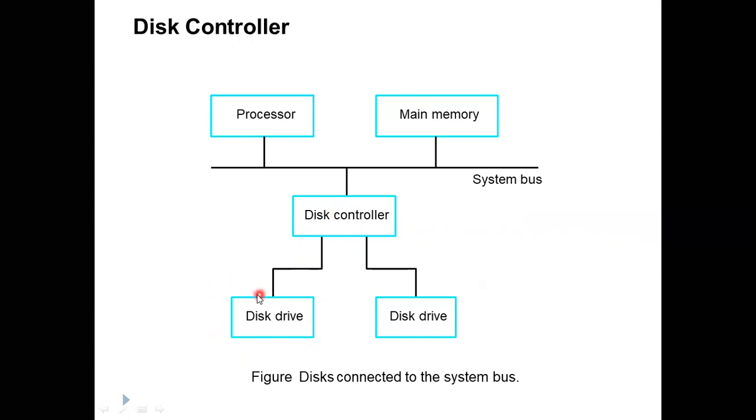This is the disk drive, and this is the secondary disk drive. It can control a master disk, it can also control a slave disk, or simply a system can have multiple disks. For example, your system can have hard disk 1, hard disk 2, or master hard disk, slave hard disk. You can attach a number of hard disks as per the available slots on the motherboard of your system. So your disk controller will control the number of disk drives attached to your system.